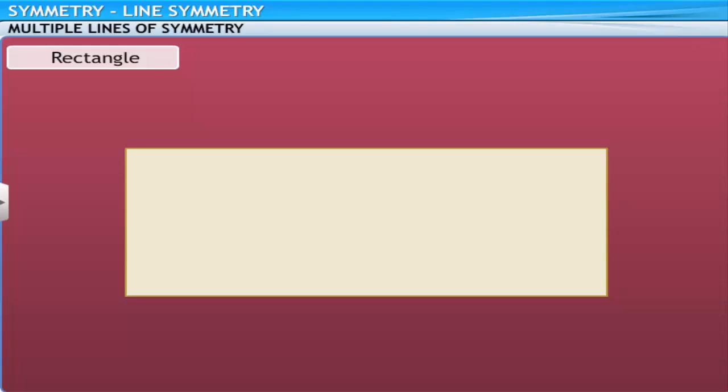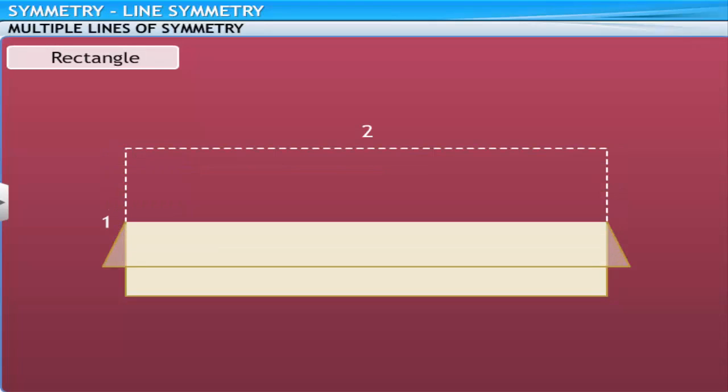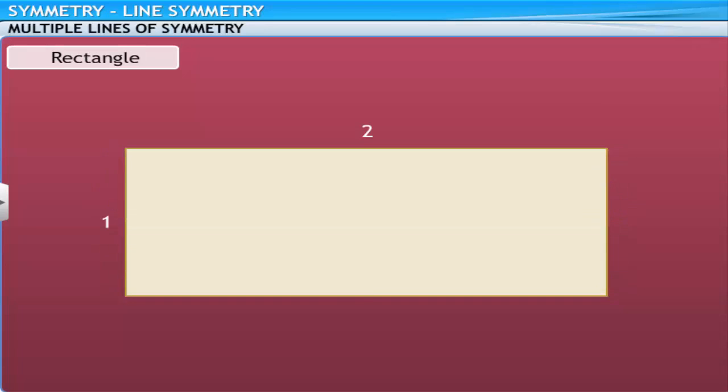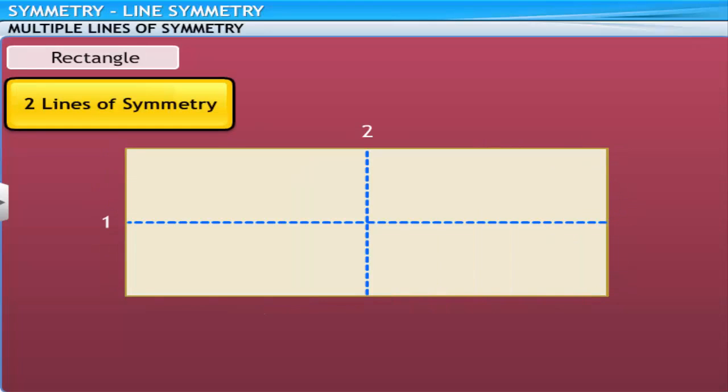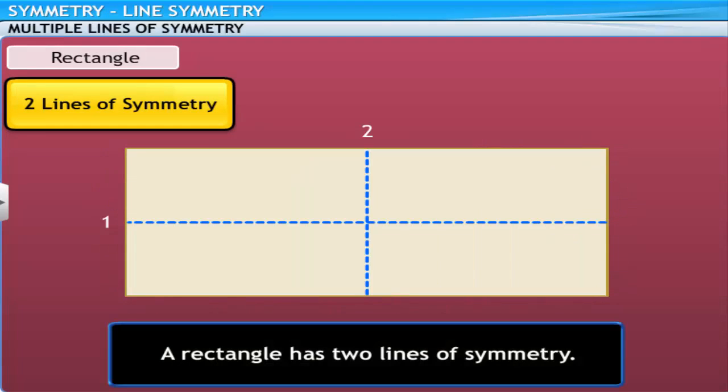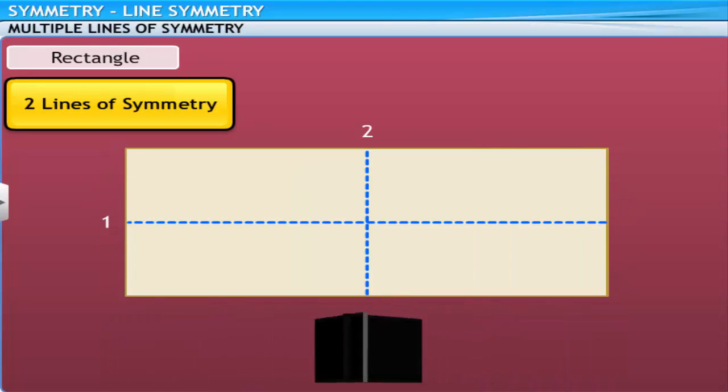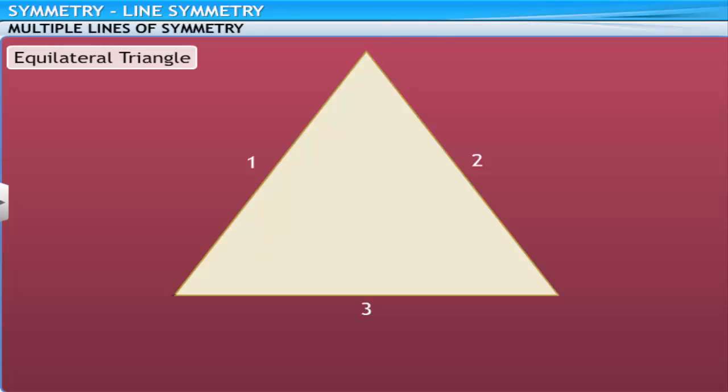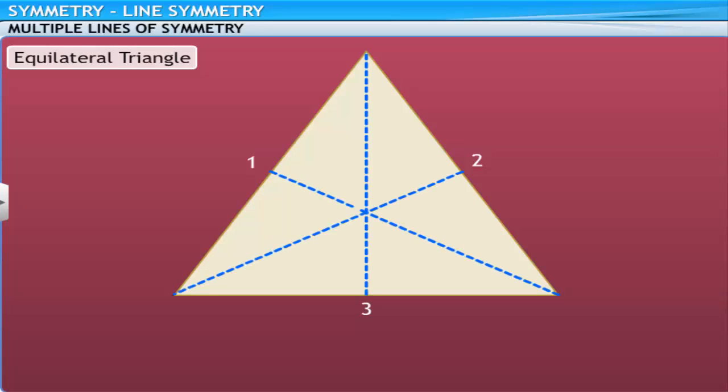Now, consider a rectangle. If you try folding a rectangle in different ways, you will see that the vertical and horizontal lines passing through the middle of the rectangle divide it into two identical halves. Thus, we can say that a rectangle has two lines of symmetry. Now consider this equilateral triangle. All its sides are equal. Let us fold